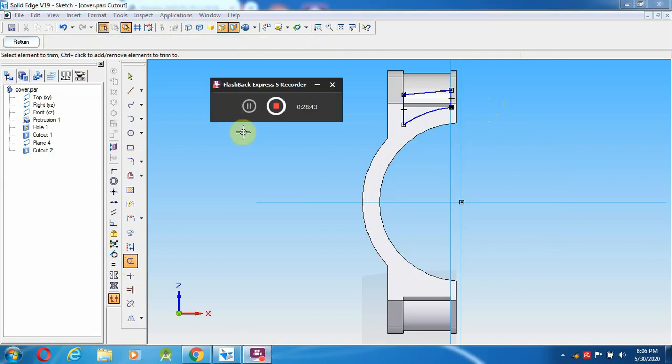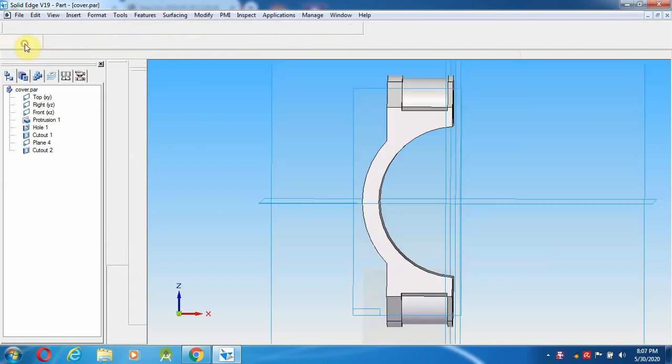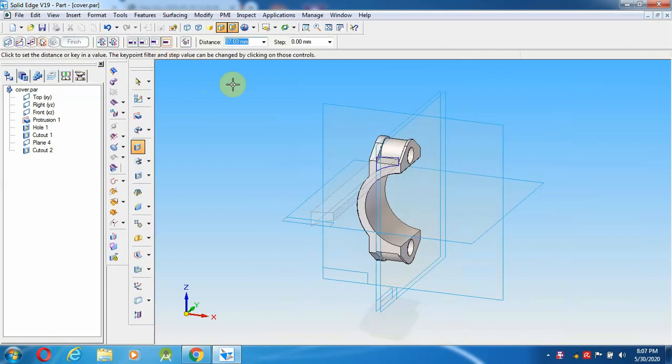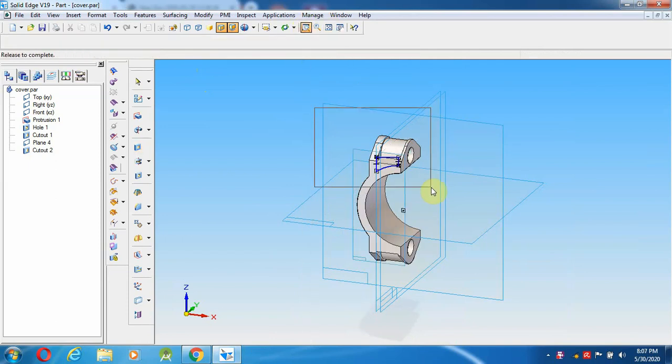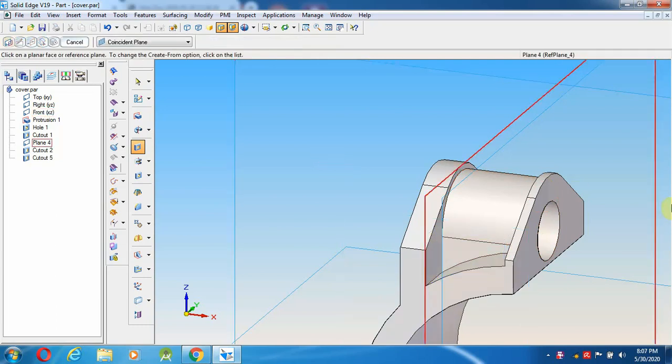After giving the trim option, go to the trim. Now I'm going to make it up to which surface? I'm going to zoom, up to this end point. Okay, this vertex I'm going to select, left and right click.